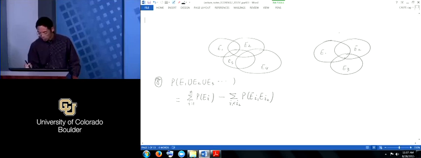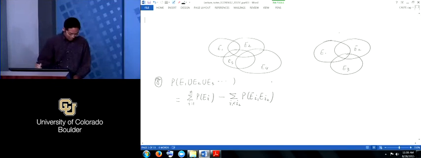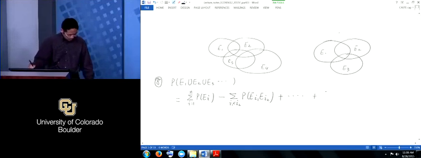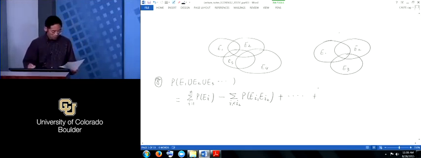Now I subtracted 3 times using this formula. What should I do? Add it back, right? So the formula would be you have minus and plus, and again, the general formula is (-1)^(r+1),